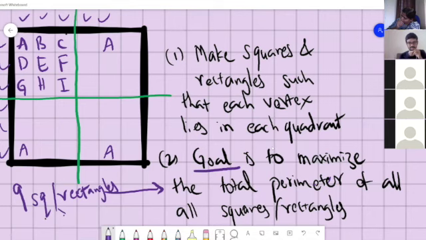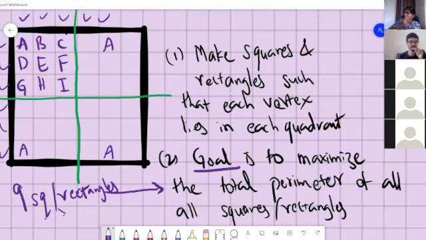So here the squares and rectangles can overlap, right? The squares and rectangles can overlap, but not the vertices. Without overlap, we would be able to construct only one shape.